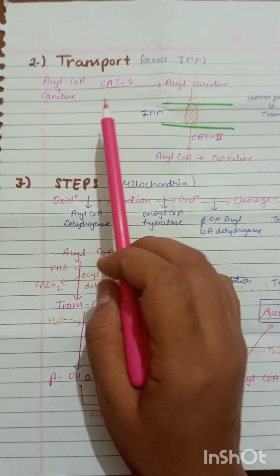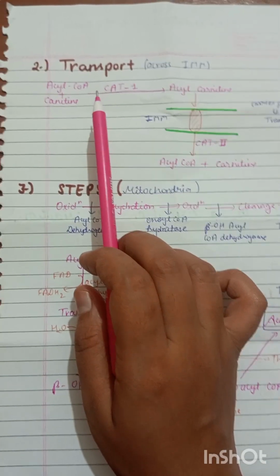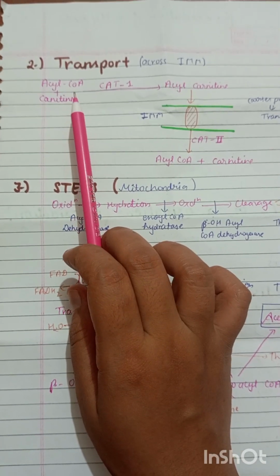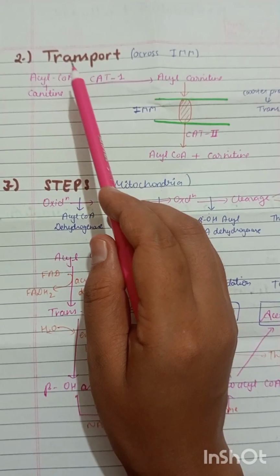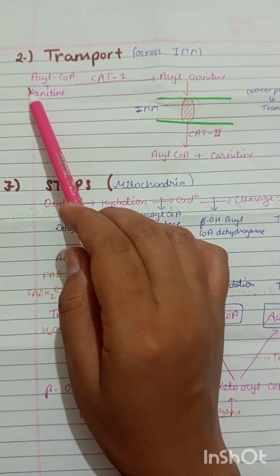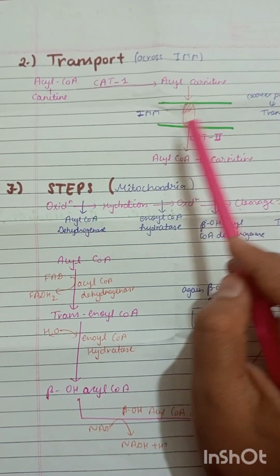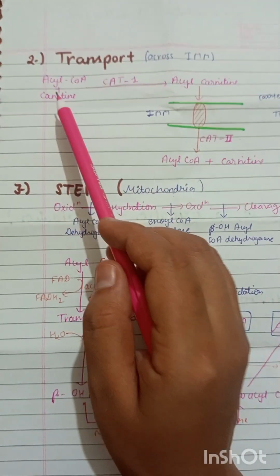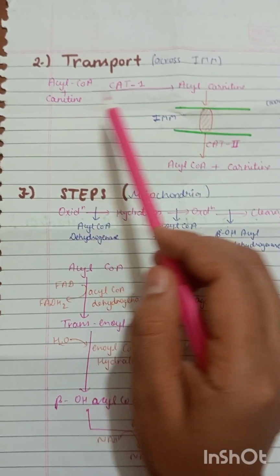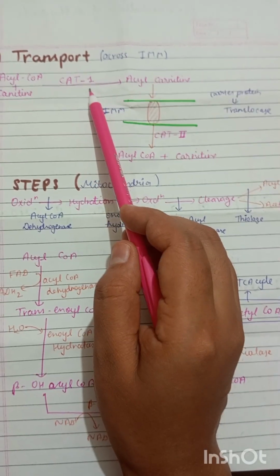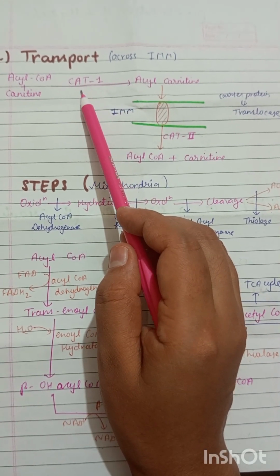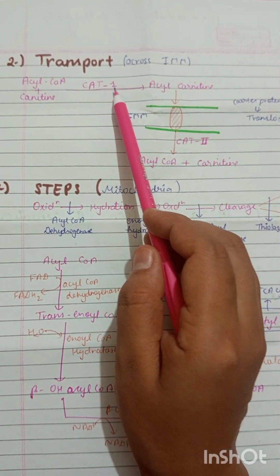Now we are seeing transport of the activated form of fatty acid, that is acyl coenzyme A, across the inner mitochondrial membrane. Acyl coenzyme A alone cannot be transported across the inner mitochondrial membrane. Hence, it combines with a carnitine molecule in the presence of the enzyme CAT1, also known as carnitine acyl transferase 1, to